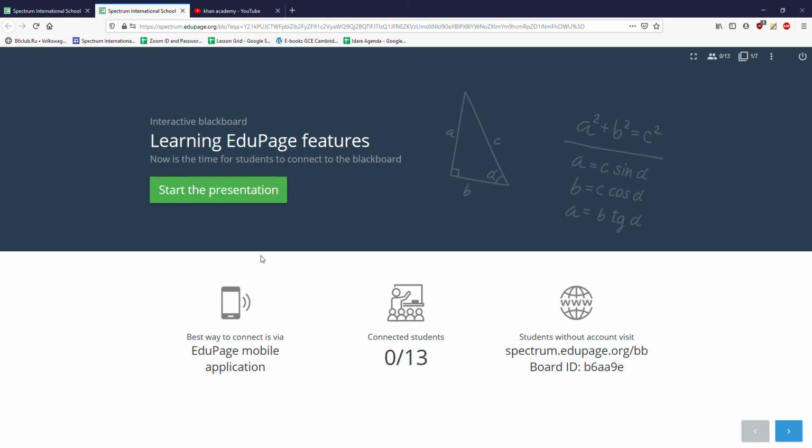So at the moment it tells me that none of my 13 students have connected, but this is okay. So students can connect with their phones. This is probably the easiest way because they get an instant notification. They just click on the notification and it takes them to the presentation. Or they can log in at this link, and you can share this link with the students if you would like them to log in